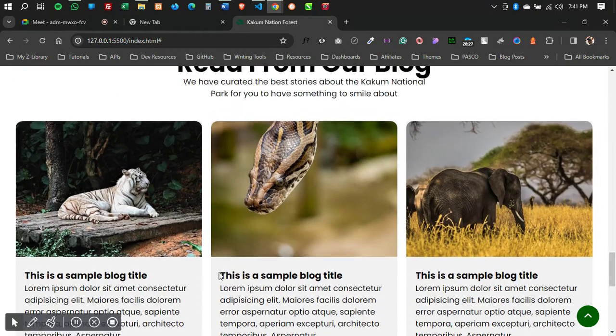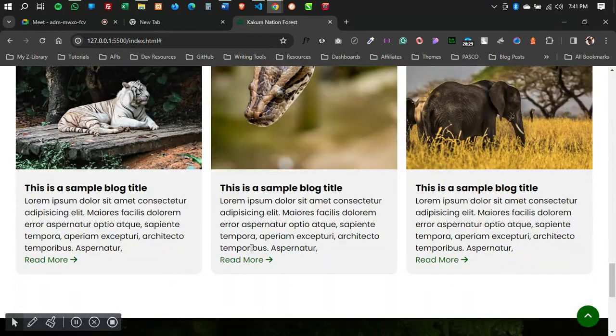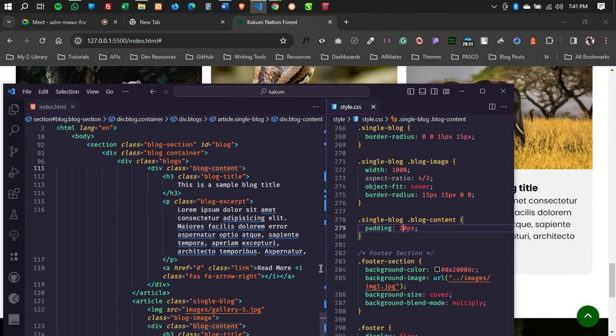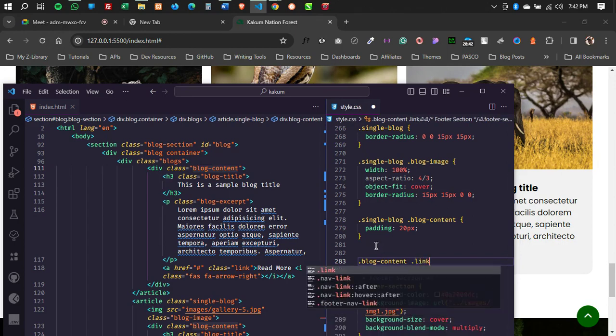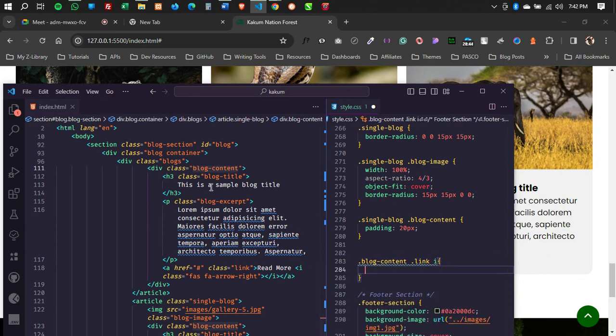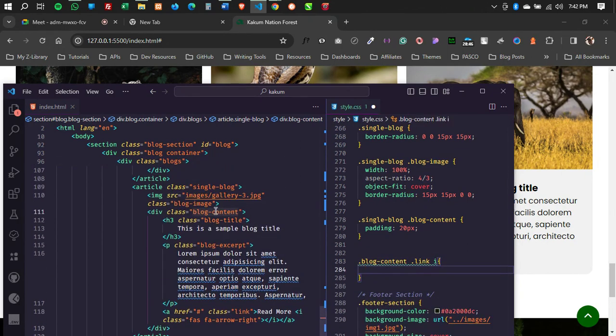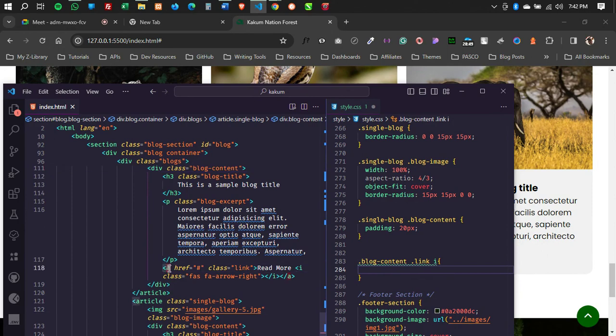And then basically, I think we are done with our blog section. Another thing I want to do is let me come back here and see the blog content a dot link and I. That means when I have a blog content like this, I'm targeting the anchor element. Sorry, I'm targeting the link class and then a child which is an I. I'm getting it. And what I want to do is when this link